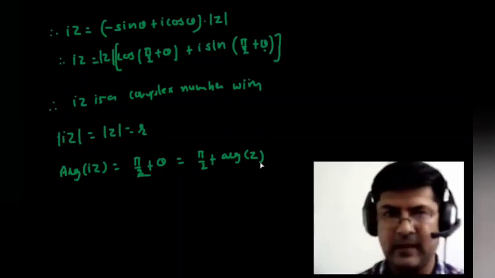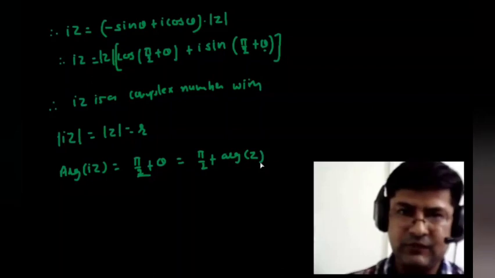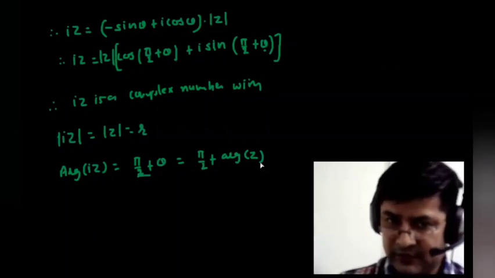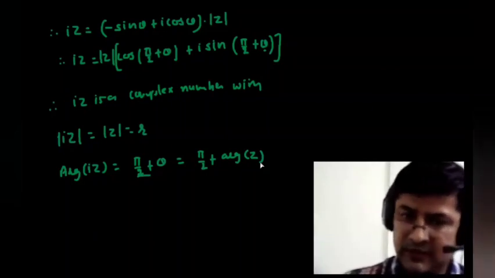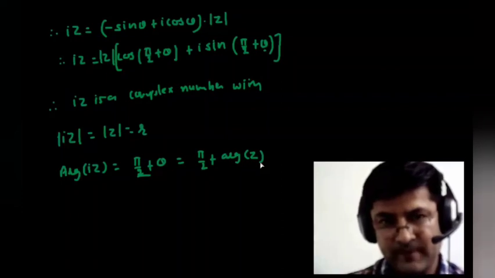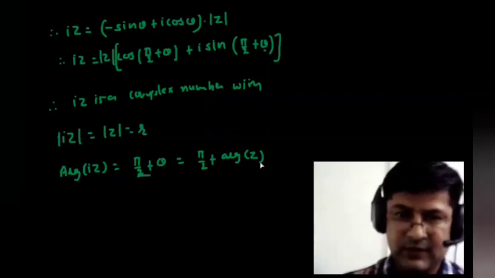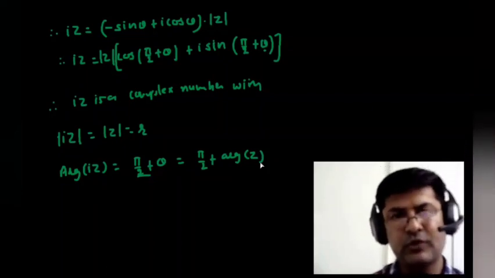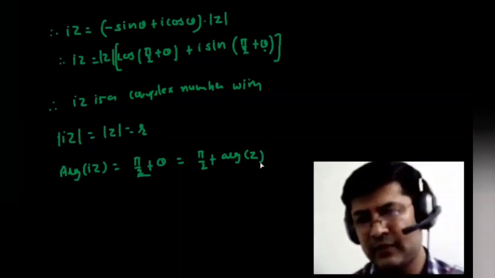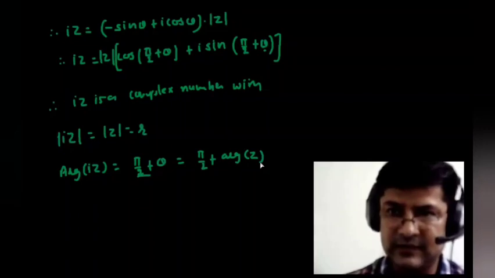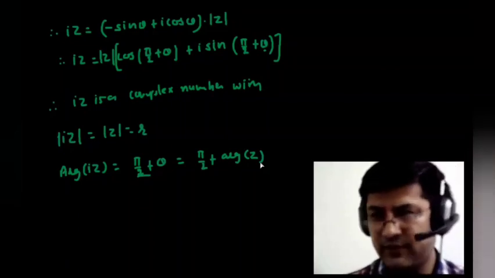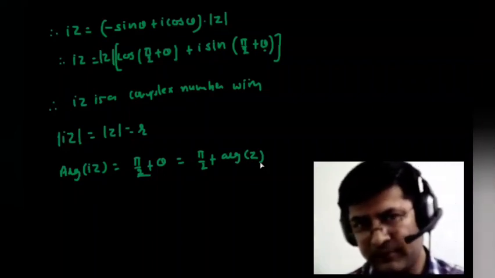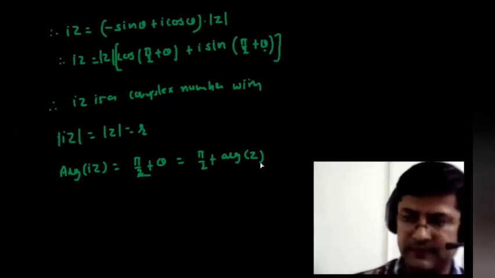Now in the various quadrants, as we know the value of theta: in the first quadrant theta is equal to alpha, in the second quadrant theta will be equal to pi minus alpha. For the third quadrant we take argument of Z, theta is equal to minus pi plus alpha, and for the fourth quadrant we will put minus alpha for theta. So you can get different values in different quadrants. Clear? So we can accordingly write the trigonometric forms or the polar forms of the complex number.